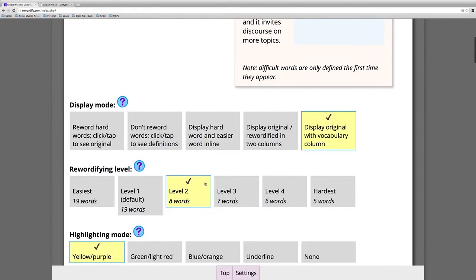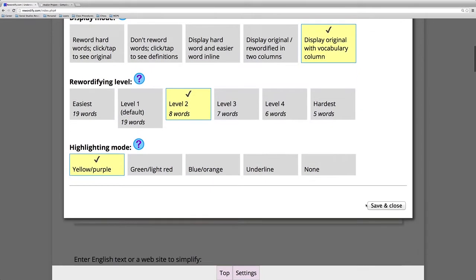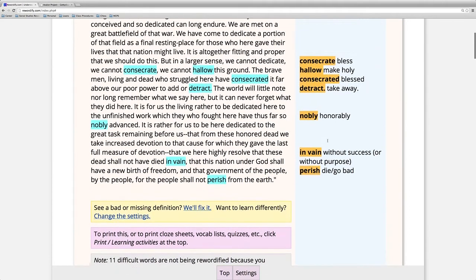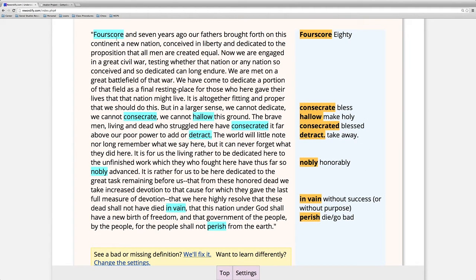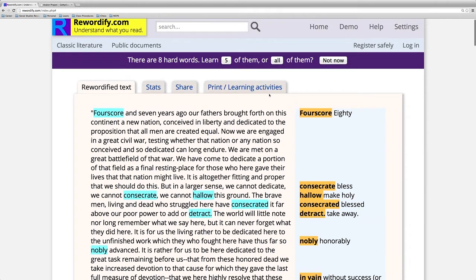And so you can see the options keep going lower and lower, down to 7 words, 6 words, and finally the hardest version, only 5 words are going to be modified. At the bottom here, you see these are the highlighting colors. It's really your preference. If you want blue and orange instead of yellow and purple, we're going to select that, save and close. And so we see here that the blue is on the left and the orange is on the right. So even further,